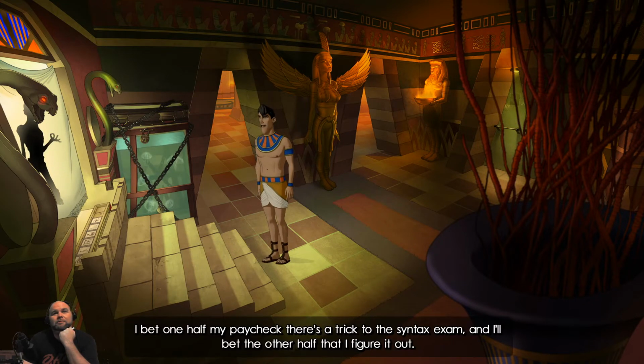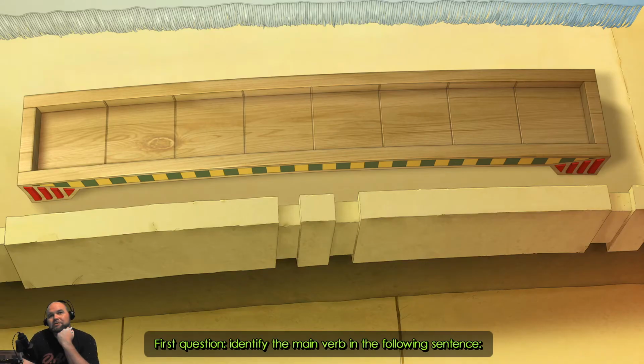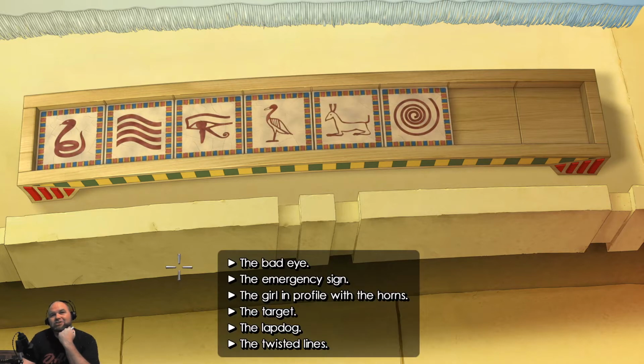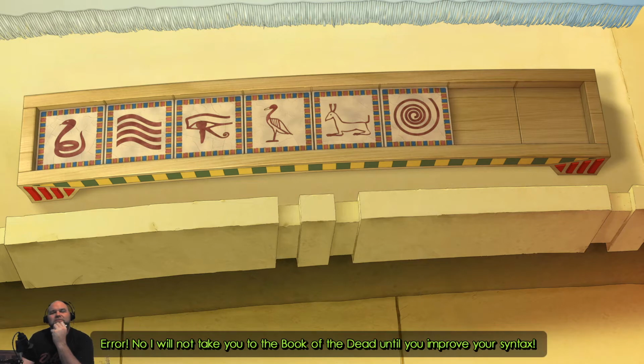I bet half my paycheck there's a trick to the syntax exam, and I'll bet the other half that I figure it out. I'm ready. Let the exam begin. First question. Identify the main verb in the following sentence. Changed. The duck's not even a choice. The bat... Error. No, I will not take you to the book of... You win for now, but